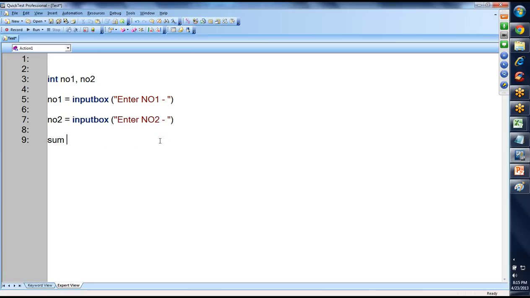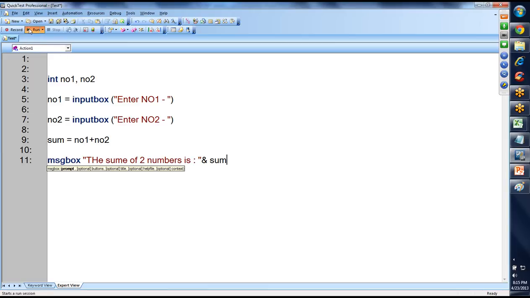Then sum equal to number one plus number two. Then message box: the sum of two numbers is, sum. So once you run,